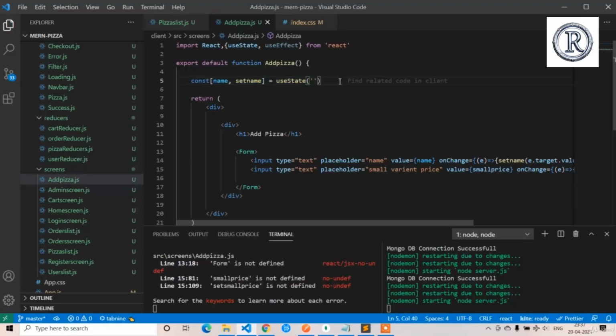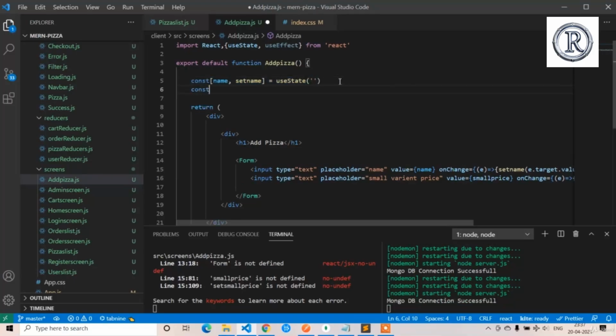So similarly we have to create the const small price and set small price equal to useState. It's not a string because it is a number value, and